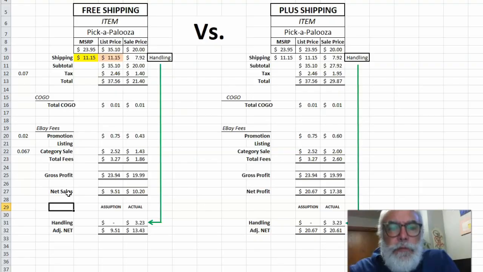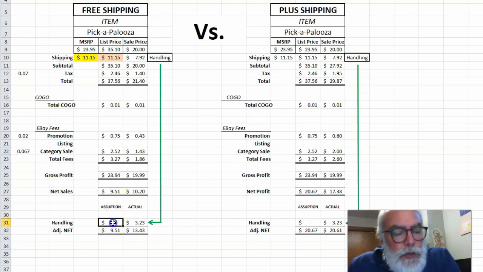A buyer's club fee is not figured in to this net sales. So in that case, we're left with a net sales of $9.51. It seems off for some reason, especially compared to what we actually did. That's because we put this